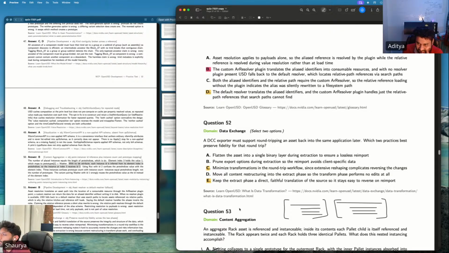A DCC exporter must support round tripping an asset back into the same application later. Which two practices best preserve fidelity for that round trip? So this is again data exchange.